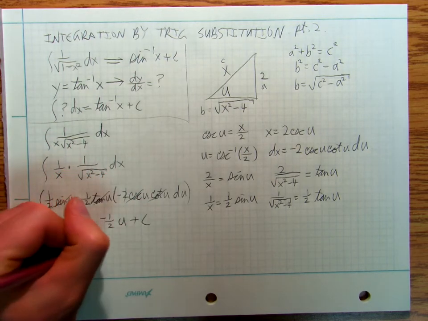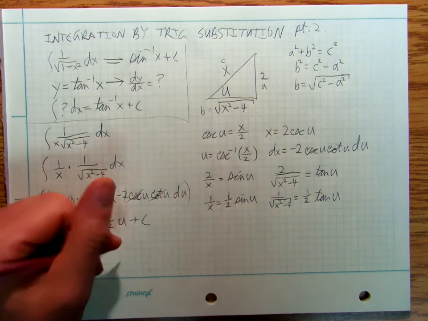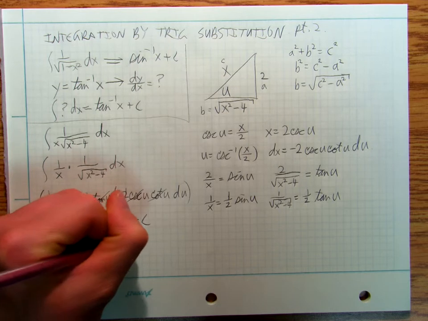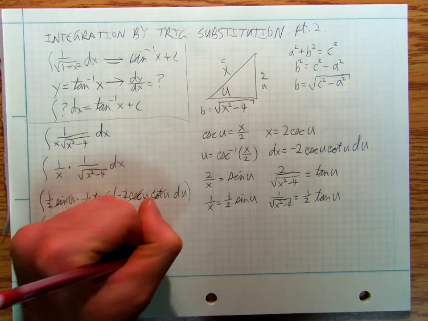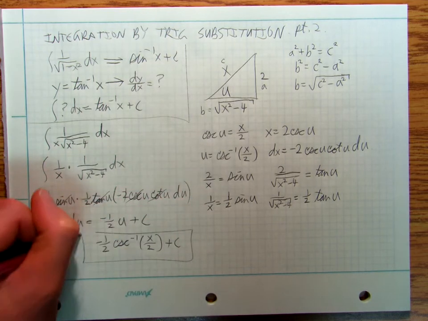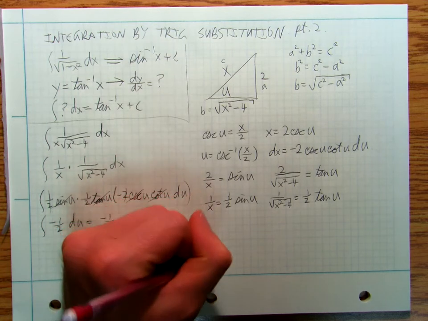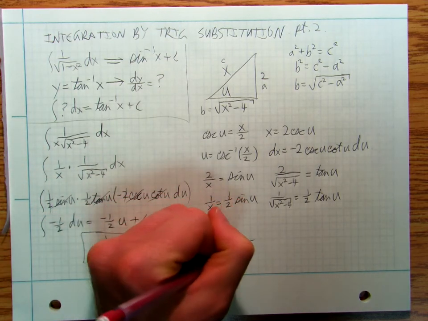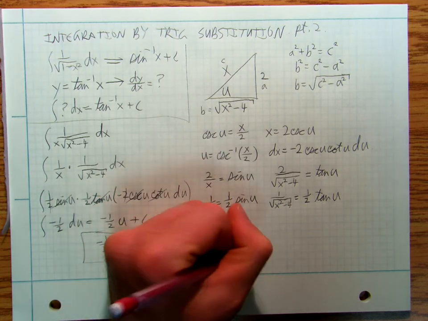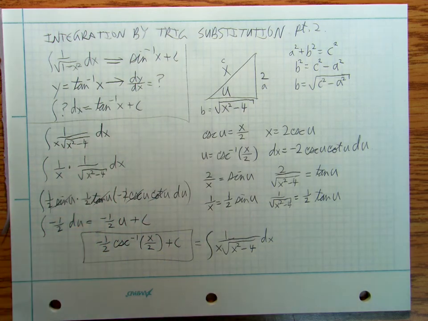And then I've got -1/2 u is cosecant inverse of x over 2, plus c. And there's my answer. That is equal to the integral of 1 over x square root of x squared minus 4 dx. Okay, then I'm going to come back with a more advanced